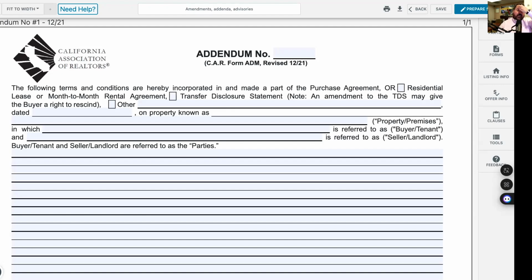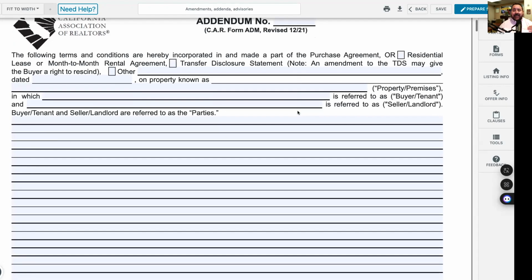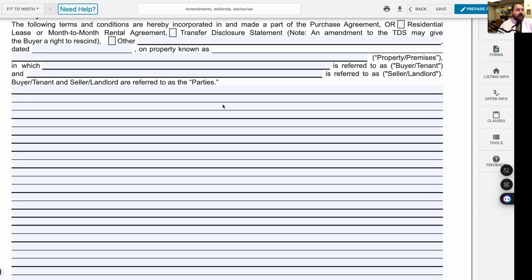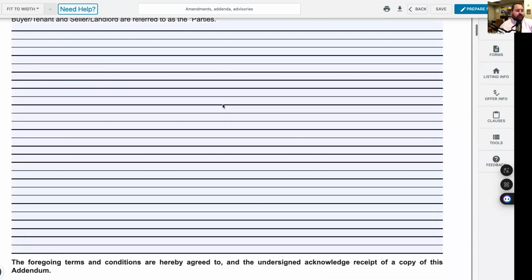So addendum would be, like I said, an additional space. You see which form we're going to use it for. It's either the purchase agreement or a lease month to month or a rental agreement or a transfer disclosure statement. You choose which document you're using. Maybe it's an SPQ, somewhere else that you may need to have additional space. The property address, the buyer, the seller's names. Buyer and tenant and seller, landlord are referred to as parties. So in all this space right here,